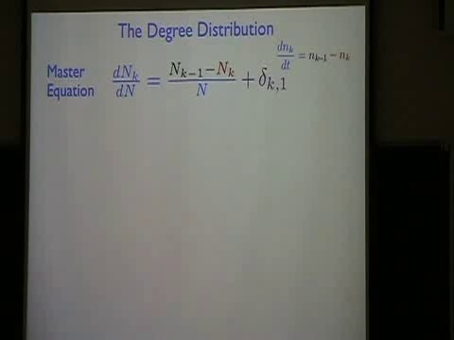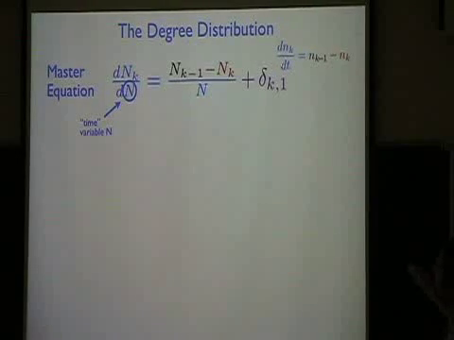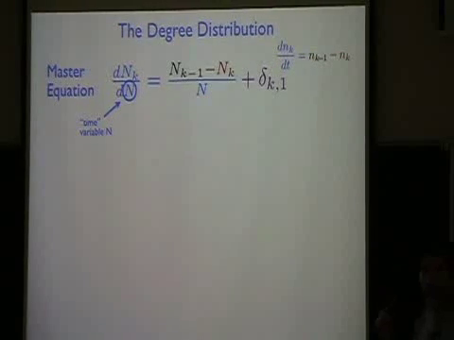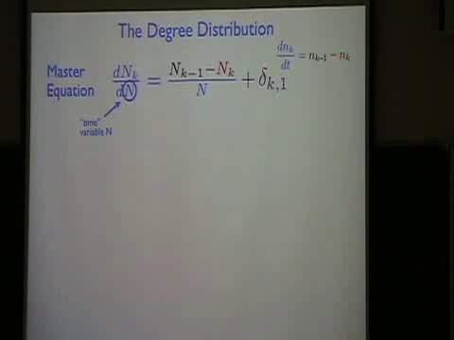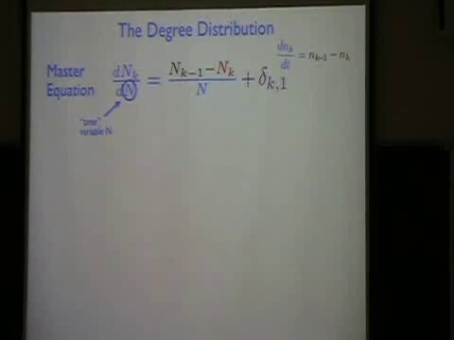Let me focus attention on the differences, because they're really not very serious differences. The first point is that in the Erdős-Rényi random graph, I had a time variable that I defined by setting the rate at which links were added to the network. In this case, I'm using as my time variable the total number of nodes that I'm adding to the network. So in some sense, there's no notion of time. Every time I add a new node, my basic time-like variable increases by 1. So my time variable is just the number of nodes in the network. So that's to replace t by n.